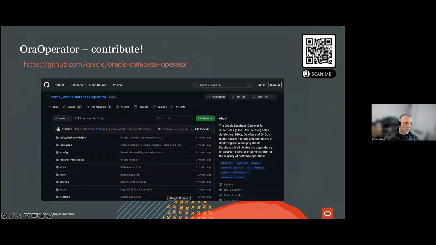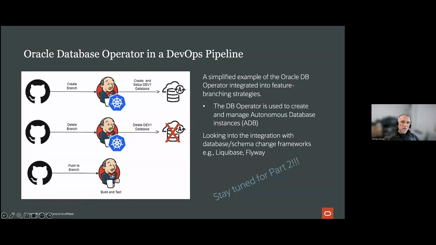Okay. All right. So to give you an idea, and this is something that I will be showing in part 2 of this session. So we will have a part 2, hopefully in one or 2 months, right? I prefer 1, but let's see what the availability is for the slots. But we will be seeing and setting up Jenkins with a branching strategy. So when you have code and you create a branch, a feature branch, for example, within the code, we will set things up so Jenkins can actually deploy a specific database for that branch to test how the branch works, those modifications in that feature branch.